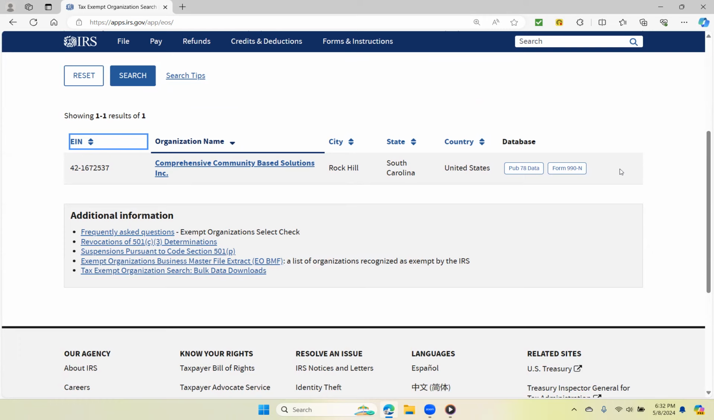It will have auto revocation list over here on the side, but mine is not impacted, and it shows that my database information can be found in publication 78 data, and I filed a Form 990N information returns. And from what you've already learned, that is one of the 3 major types of Form 990s. It is the one where you have gross receipts from $0 to $50,000 per